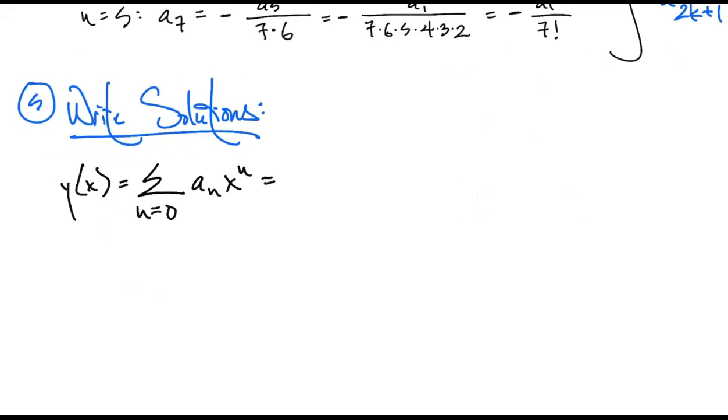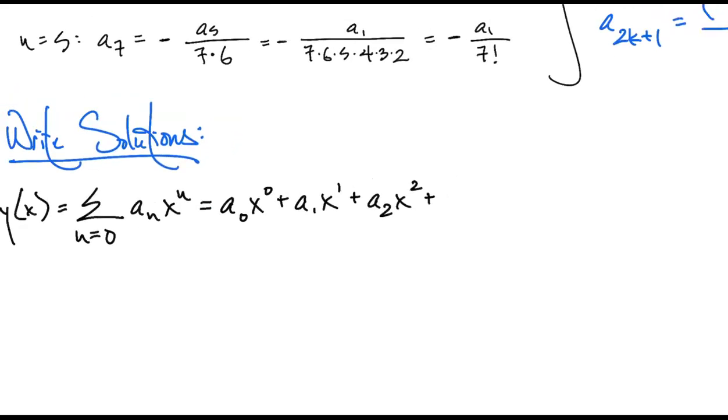Well, I want to take the time to write out what all of these terms mean, right? Sometimes series form is hard to imagine, but when we expand it, we can identify those patterns, regroup or reclump, and then put them back together in a series solution, okay? So here's what I mean by that. If I were to start writing out the terms, I would get a sub 0 x to the 0 plus a sub 1 x to the 1 plus a sub 2 x squared plus a sub 3 x to the 3rd plus a sub 4 x to the 4th